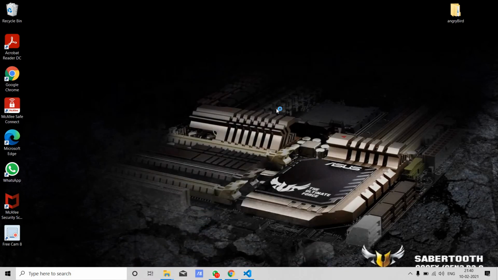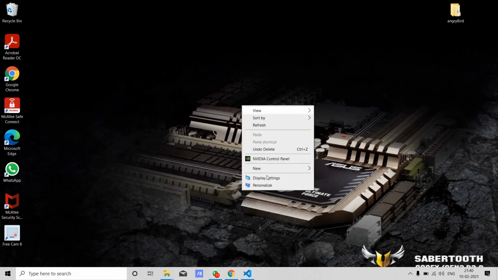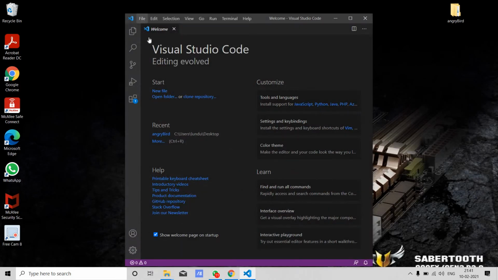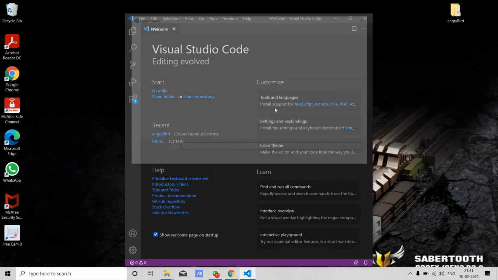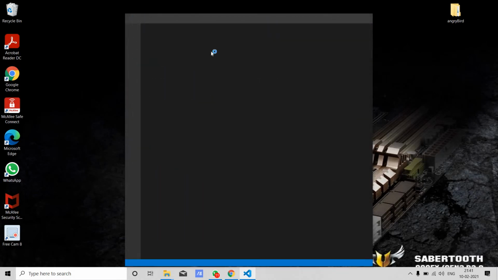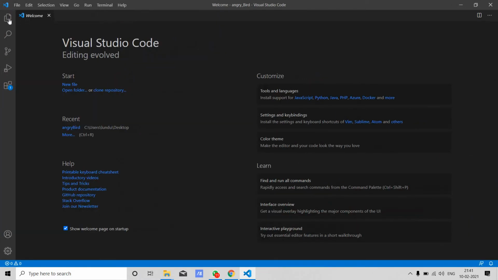Before jumping onto the code editor, I will create a folder here, a folder on my desktop. Okay, new folder. I will write angry bird. Okay, so I will open this folder, desktop, angry bird. Okay, in this folder, I will create